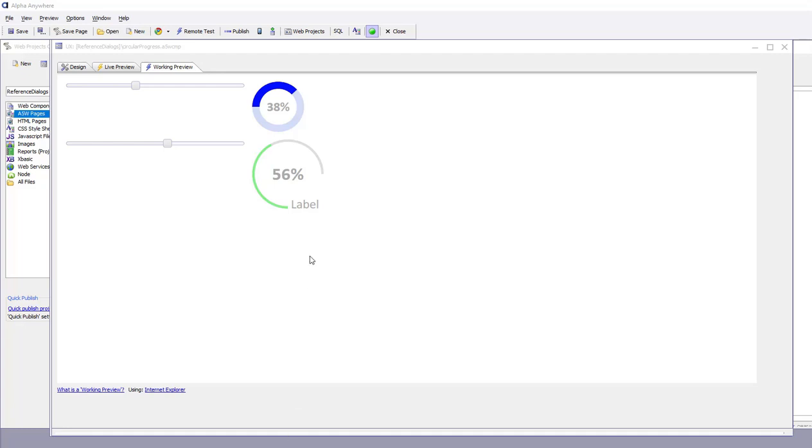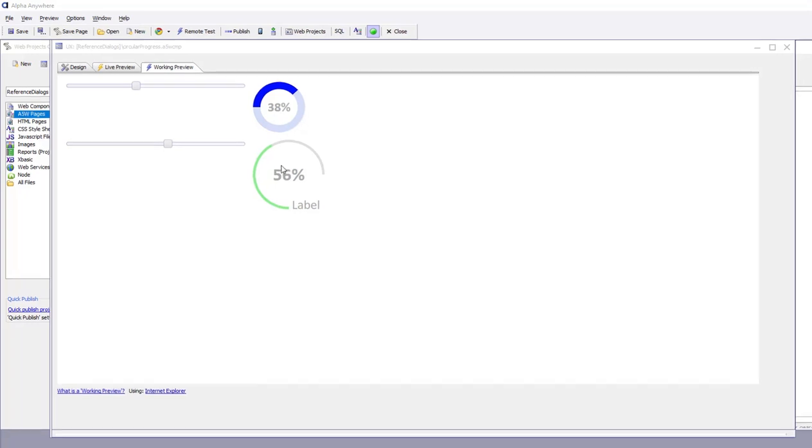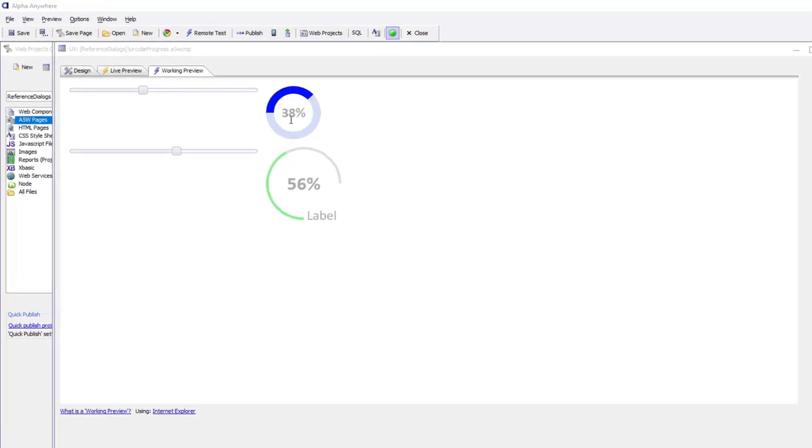In this video, we'll show how you can put circular progress indicators on a UX component. So you can see here we have two different progress indicators with slightly different styles. This first one is using a blue color for the completed percentage and a light blue color for the uncompleted part. It's showing the percentage complete in the center, and you can see that the 0 point is